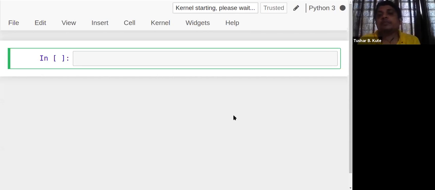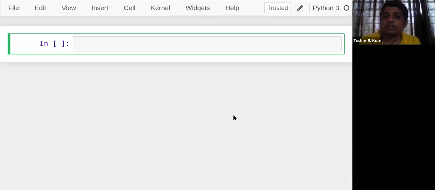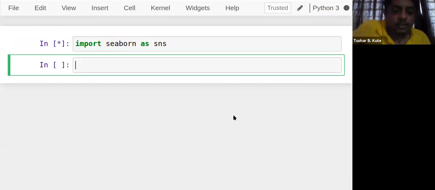Just like for NumPy we use np, for Matplotlib plt, and for Pandas pd, for Seaborn we use sns. So import seaborn as sns, a short name that I use for Seaborn. As I told, some default data frames and data sets are already present inside Seaborn. I will show that list, and I can use one of the data sets from them. I'll start with some popular data sets first, and then we'll change data sets as per the requirements of the programs. Let's see the data set names first: sns, the package name, dot.